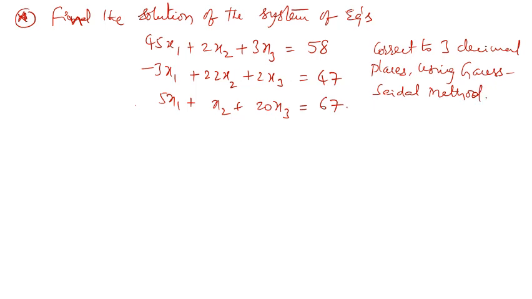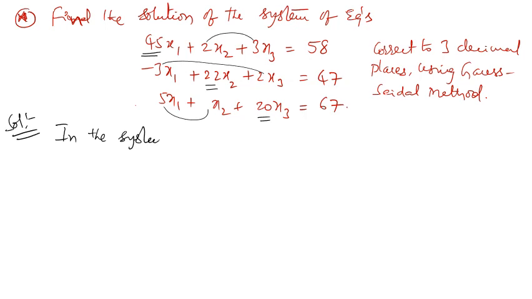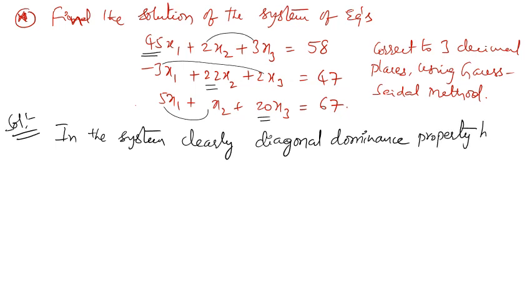Okay, this is the question. Solution. See, in the given system, this 45 is more than the sum of these two, 22 is more than the sum of these two, and next, 20 is more than the sum of these two coefficients. So in the system, clearly diagonal dominance occurs. Since the diagonal dominance property holds, therefore write the system as